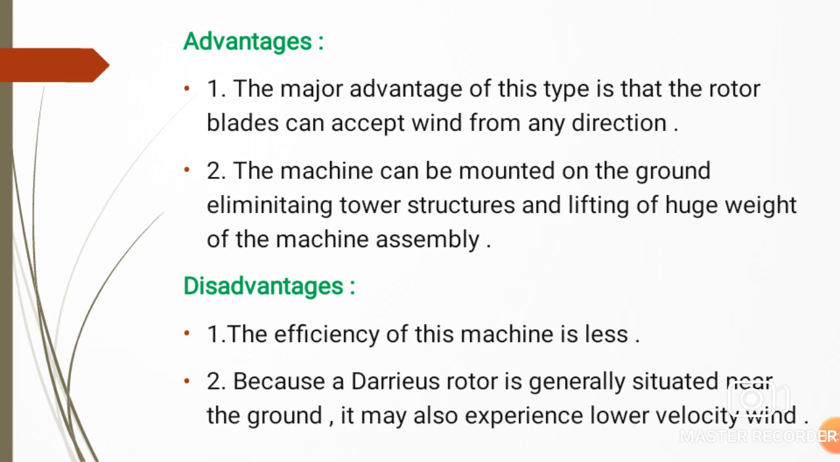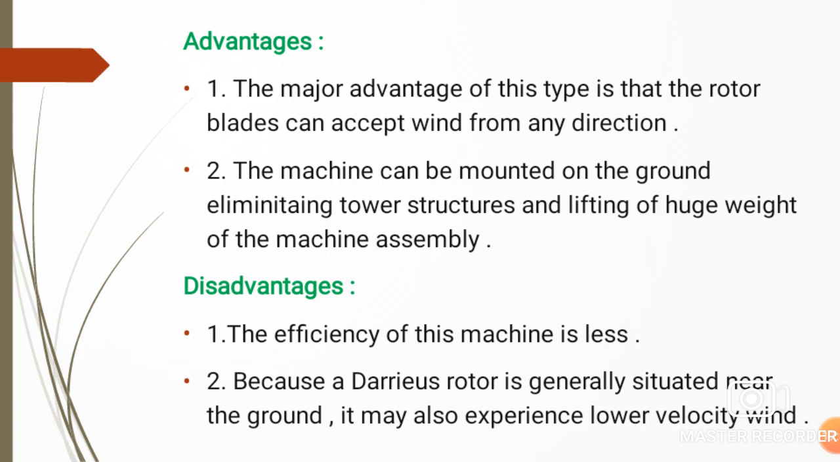The first disadvantage is that the efficiency of the machine is less, because if we construct this system at ground level then the amount of wind collected by the system is less, so efficiency is also less. Because a Darrieus rotor is generally situated near the ground, it may experience lower velocity wind, because at ground level there are many obstacles, so the wind speed is low, and due to low wind speed the rotation of the blade is also less, and therefore the efficiency of the windmill is also less. So these are the disadvantages of the Darrieus type